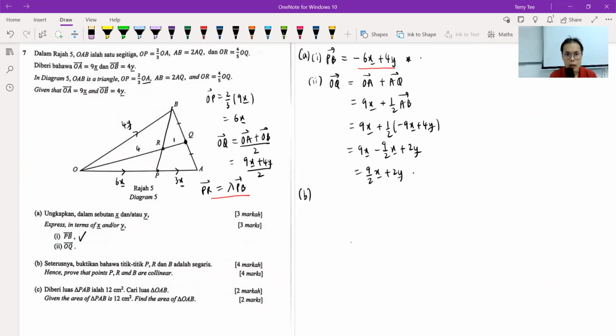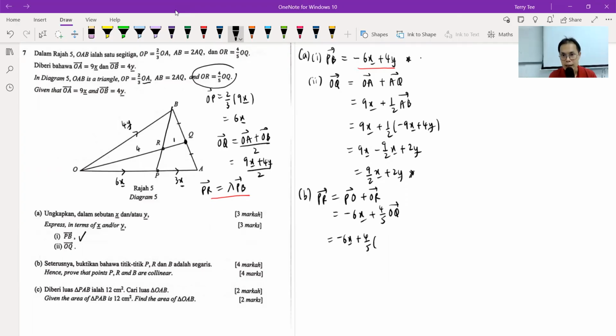To go from P to R, I can go from P to O, O to R. Let me write it down. To find vector PR, I go P to O, O to R. Now, we know PO is negative 6x. OR is 4 over 5 of OQ. It's given here, 4 over 5 of OQ. And we know OQ from the earlier part here. So this is negative 6x plus 4 over 5